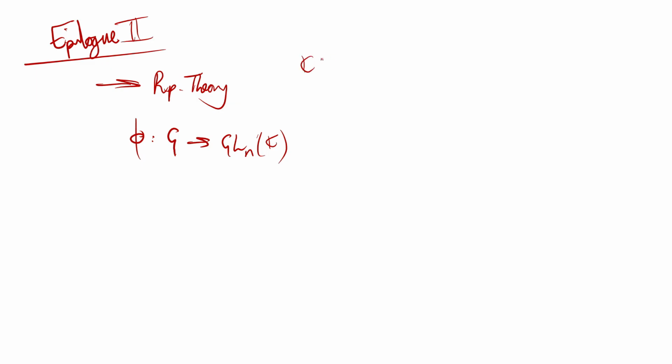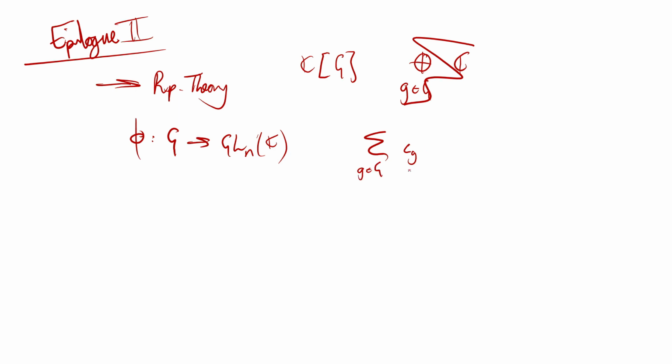So given C adjoin your group G, that is the sum over your group of some complex multiple of a basis element defined by that group, such that c_i is in the complex numbers, and such that